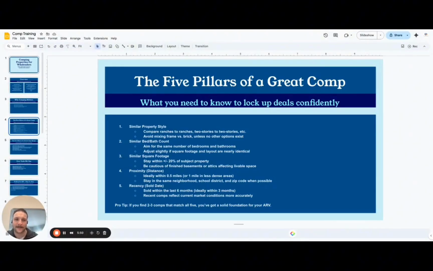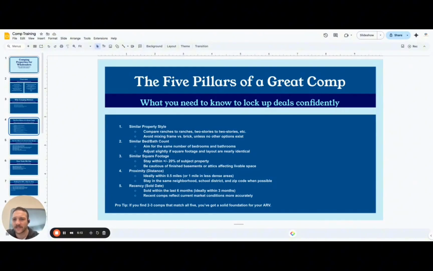You ideally don't want to go into the other suburb. You want to stay in that same city, even if it's 0.2 miles away and it's just across the street. Ideally, you're staying in that same city, but you can use these other comps that maybe don't fit exactly as data points to triangulate the value for your property.